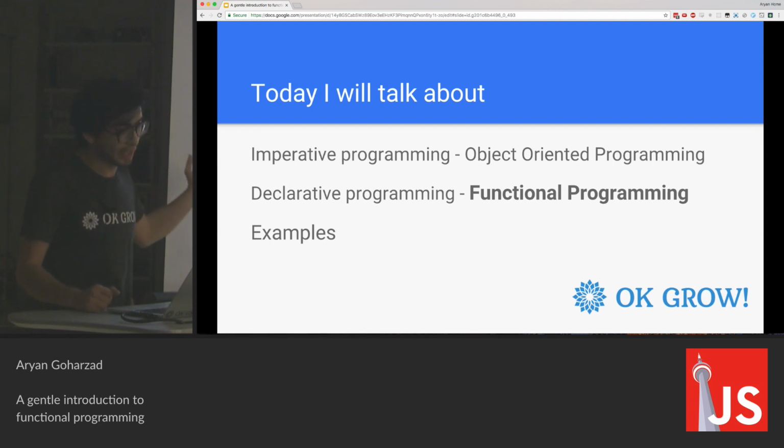But before we get into that, the word paradigm basically, or mindset, or even language, means a way of thinking about software. And basically, there are defining principles that dictate that paradigm. So today I'm going to talk about mostly functional programming, which is usually a subset of declarative paradigm, and also object-oriented programming, which is a subset of the imperative paradigm, with more focus on functional programming. And then at the end, I'm going to show some examples of where you can use this today in your JavaScript code.